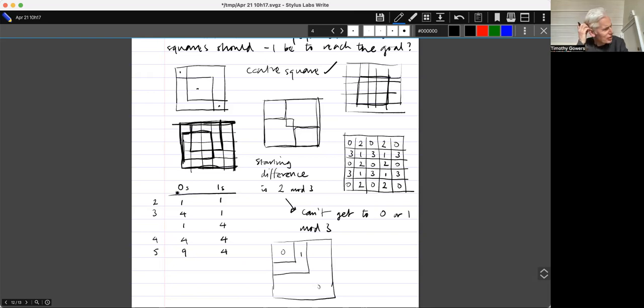So mixing a parity in mod 3 is a little bit of a dangerous thing to do.